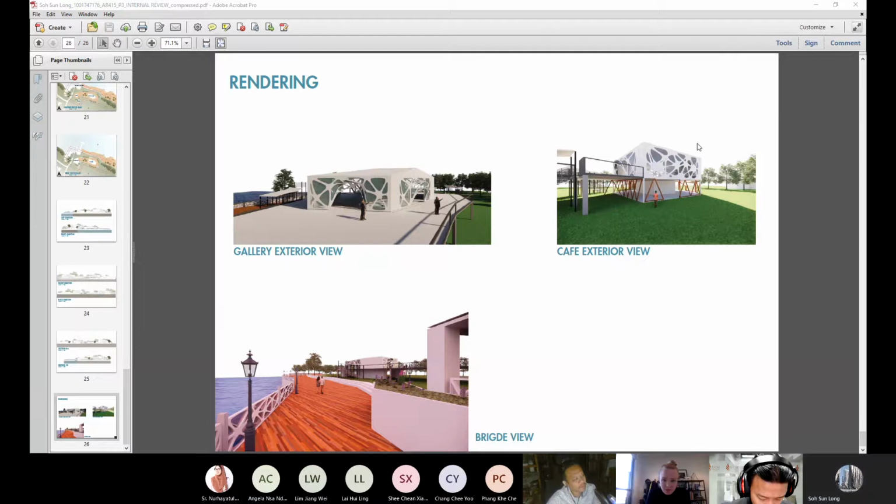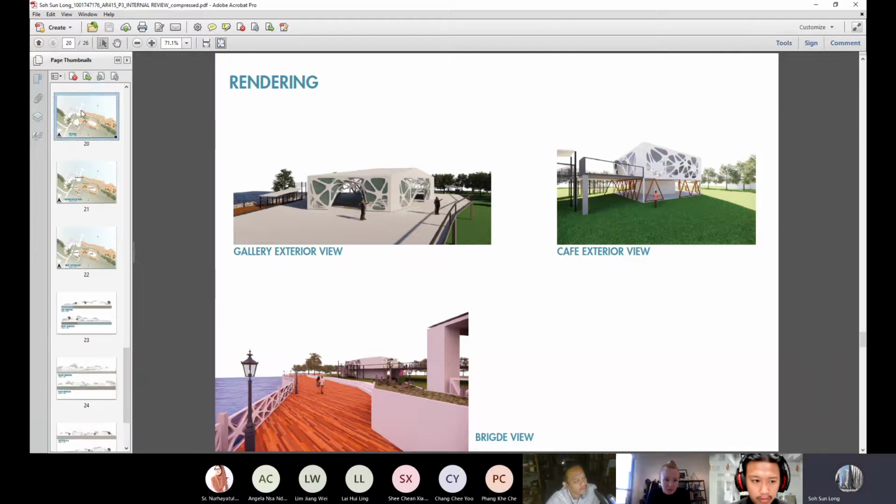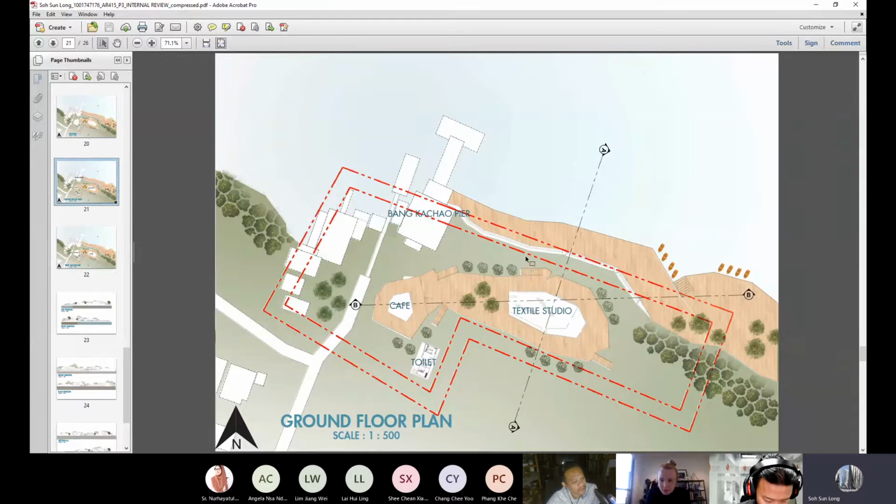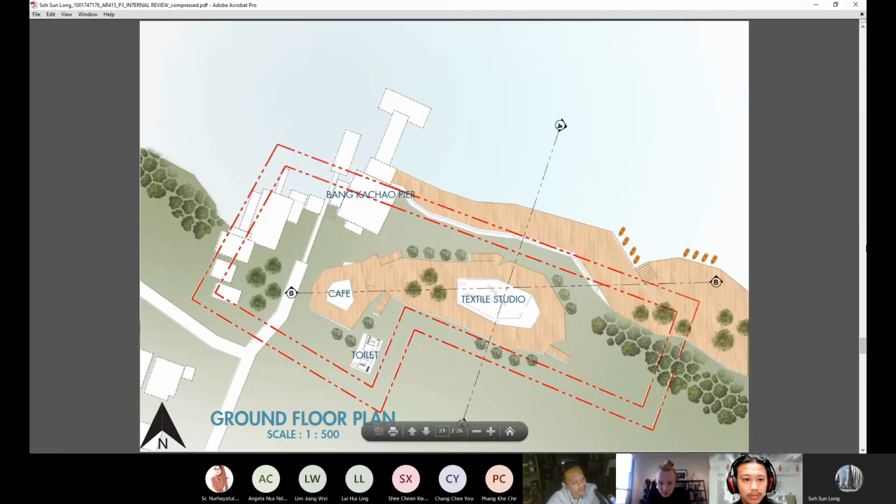Maybe we can go to the plans. The site plan or the first floor plan? Yeah, maybe slide 21, so we can see what is actually going on. The boat will also stop by here.